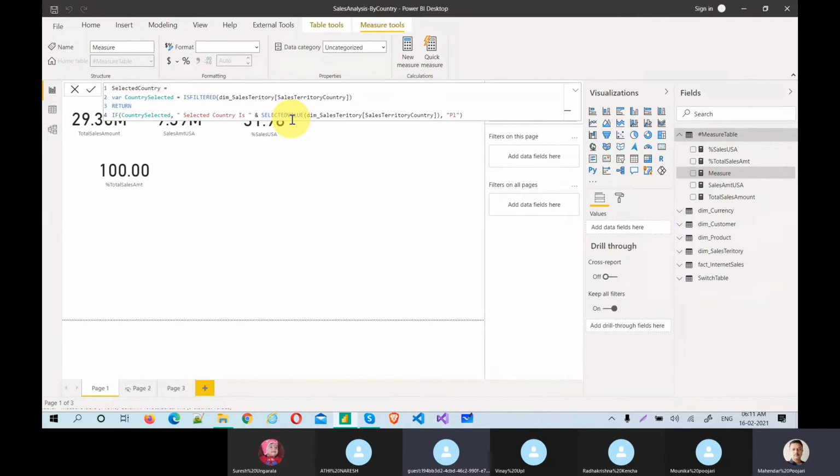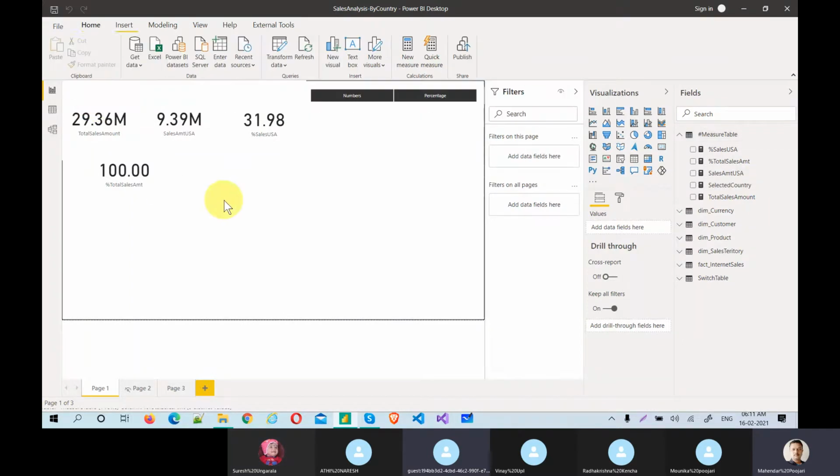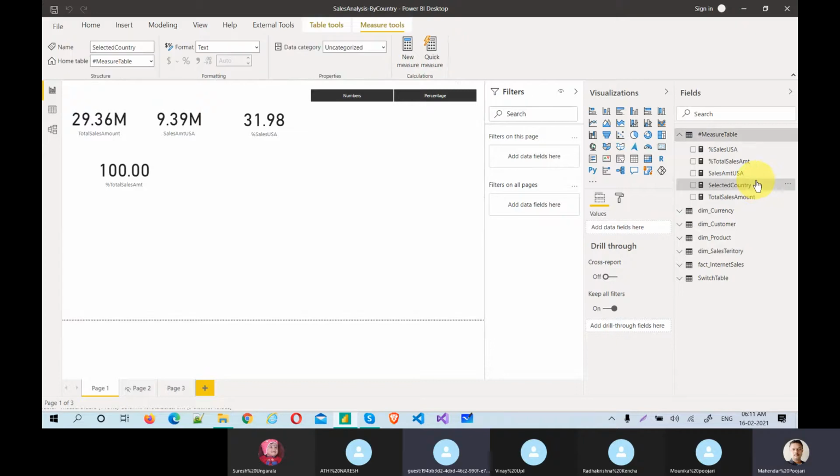Please choose the country. I can write anything, okay? It's not mandatory that I should write only this. Please choose the country name, or country. This is what it is. Here it is closing. Yeah, let's try. Yep, it's working. So now let's see what exactly this means. Where was that? Selected country.